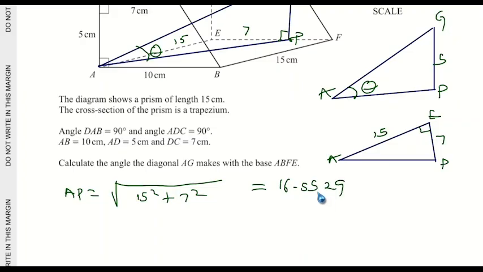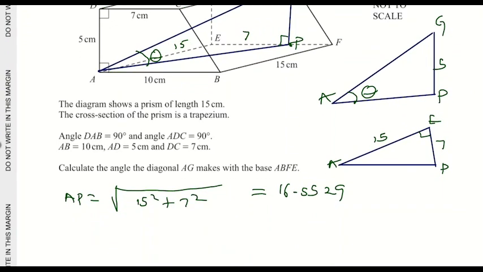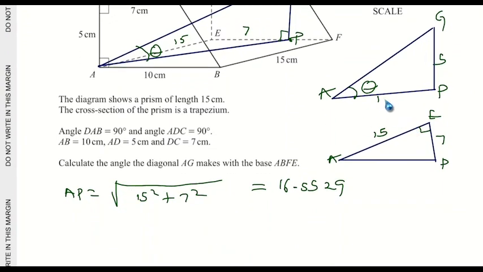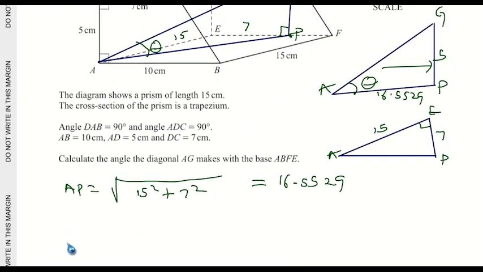16.5529. Okay, I know the value of AP now. AP is 16.5529. So using opposite over adjacent, I can find theta now. So from triangle APG, that is this one,